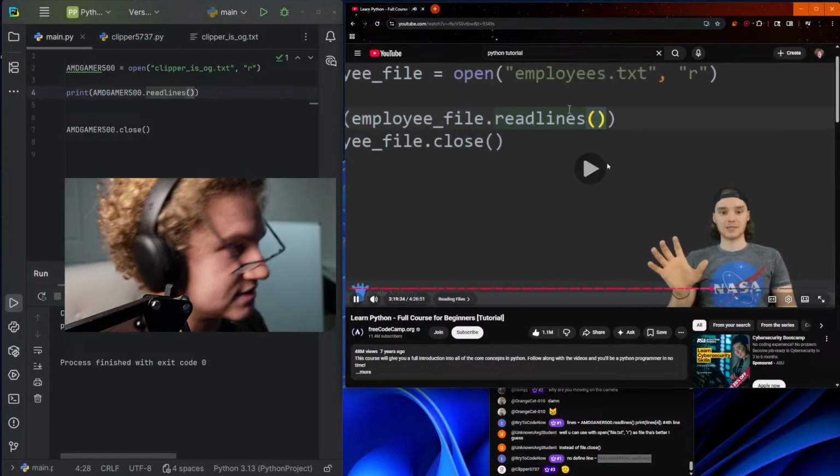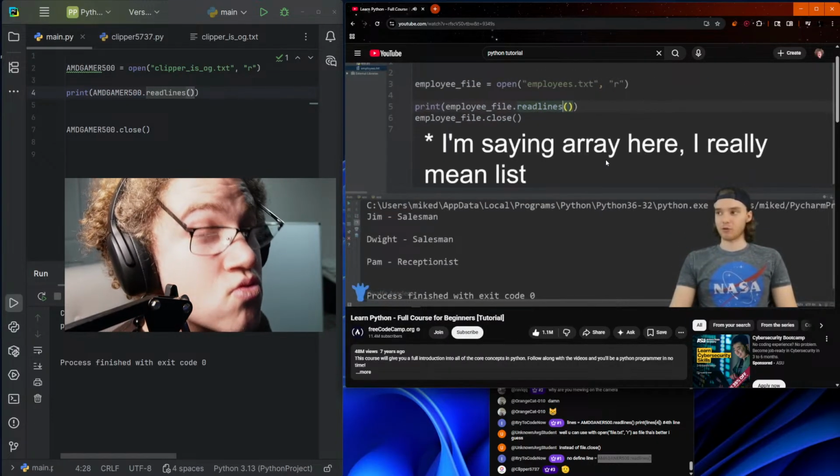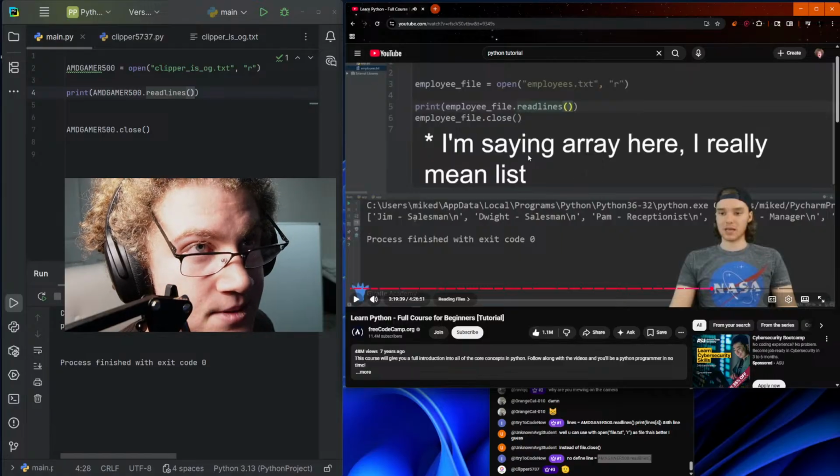Lines in the .read lines. And what this is going to do is it's going to take all of the lines inside of our file and put them inside of an array. And so now when I print this. All right, I'm saying array here. I really mean